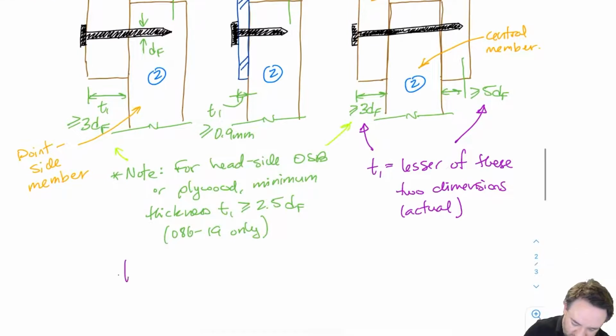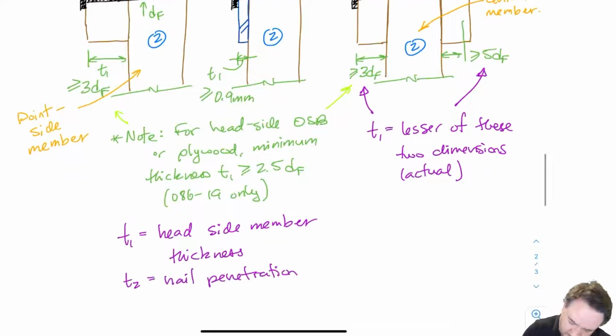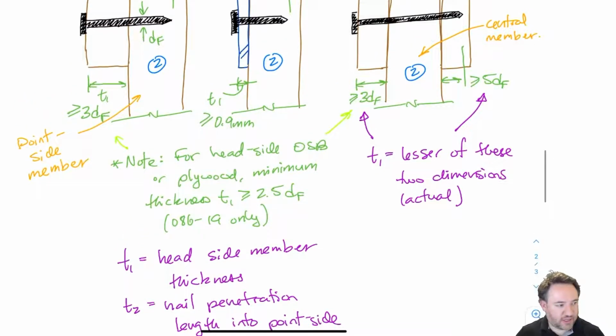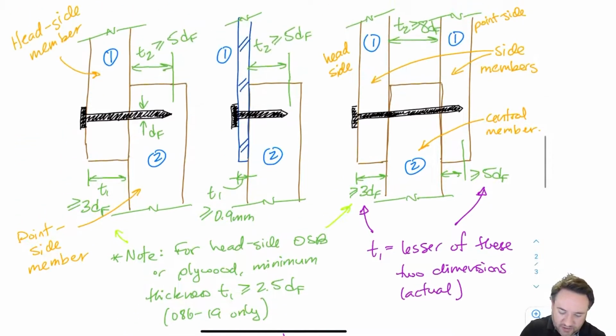So T1 for a two-member connection is just the head side member thickness. Okay, so the actual head side member thickness, not the minimum, of course. So, you know, I could have 10 DF as my T1. Whatever that size is, that's what I'm going to use as my T1 in my calculations. And for T2, I'm going to use the actual nail penetration. So however far this nail actually gets into that piece of wood is the value that I'm going to use